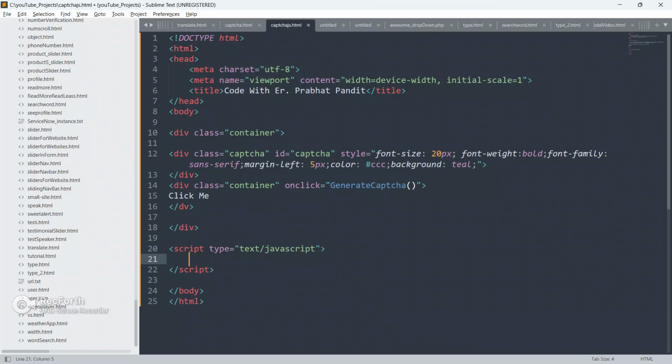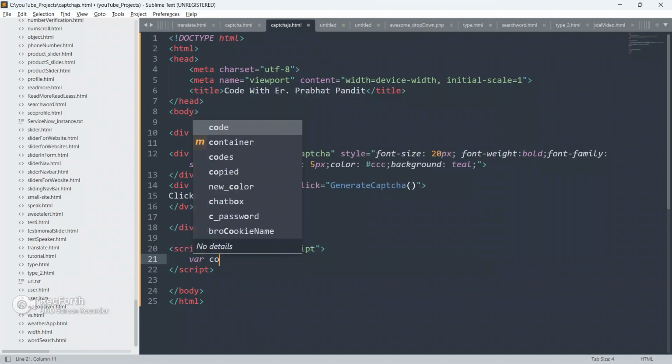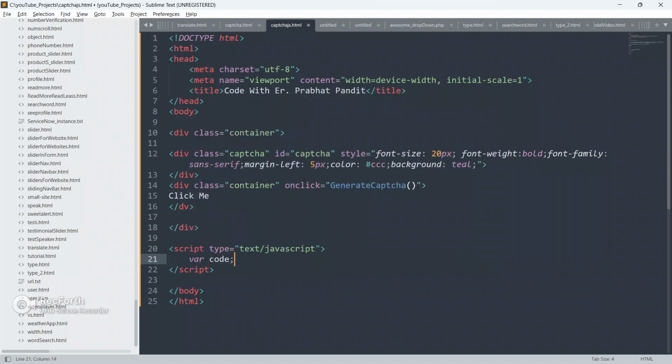Now we're going to run some JavaScript. So var code, and give it nothing as of now. Then we have to create a function, and the name is generateCaptcha. Open and close.